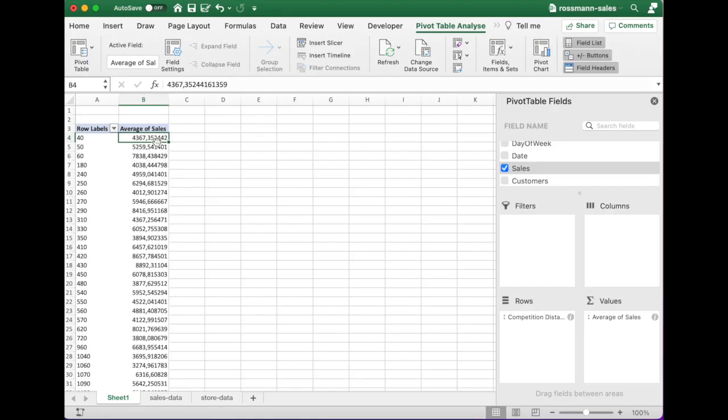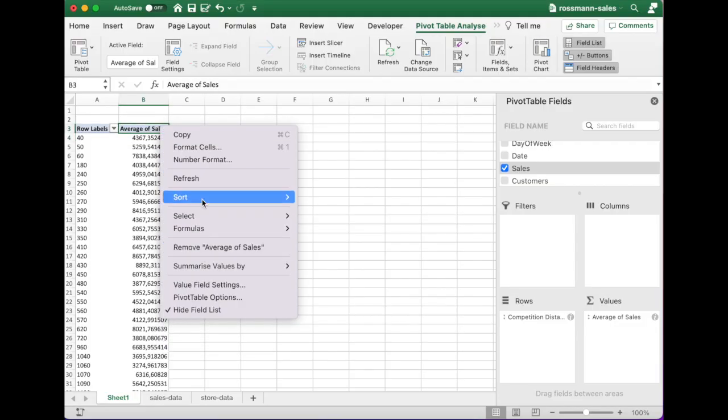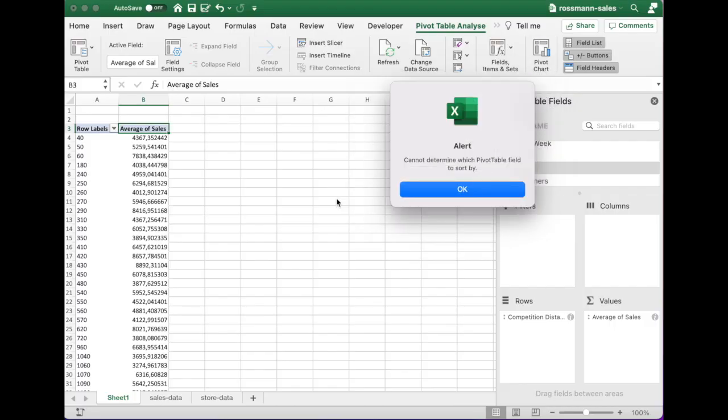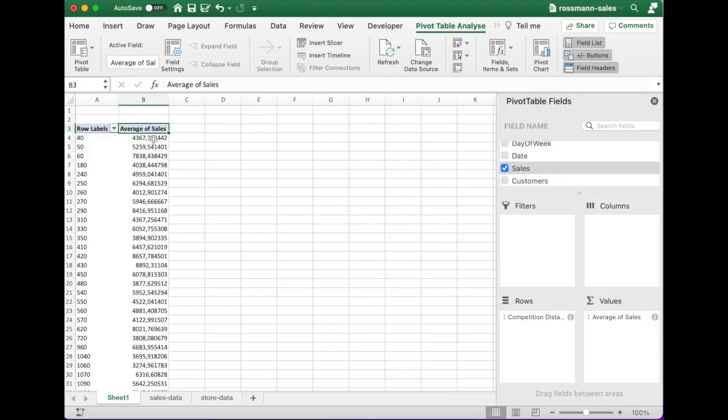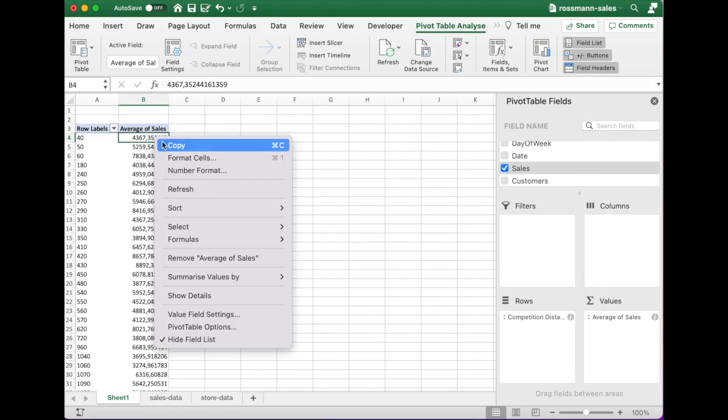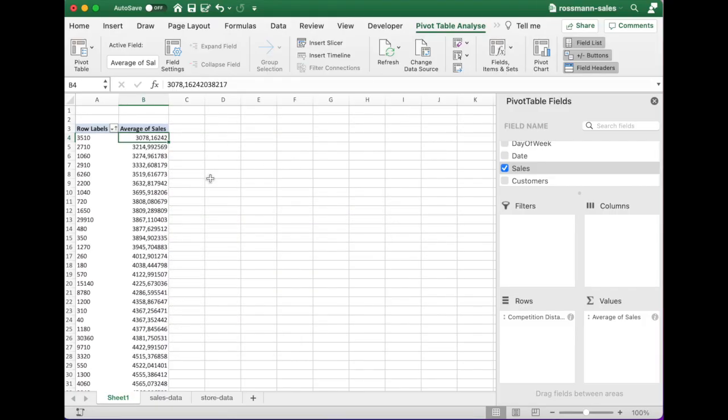So we select a cell on sales and we right click. And then we sort from smallest to largest. We need to make sure that we are picking one cell of the sales column and not the heading. So let's pick this again. And now we see that the lowest sales that we are getting is 3078, which is at a distance of 3 kilometers. Then as the sales is increasing,